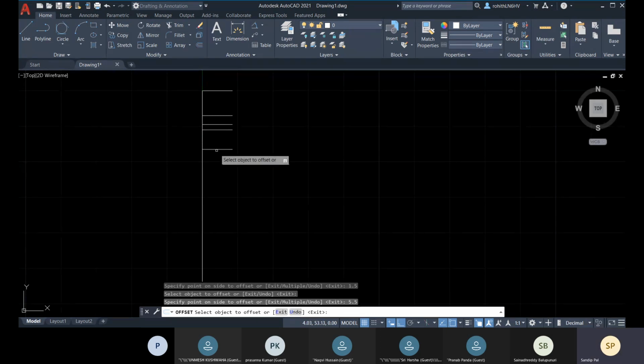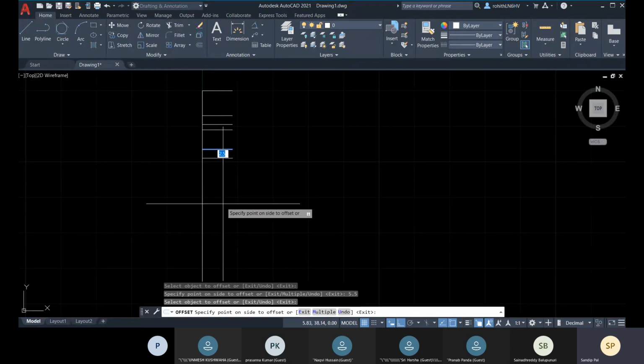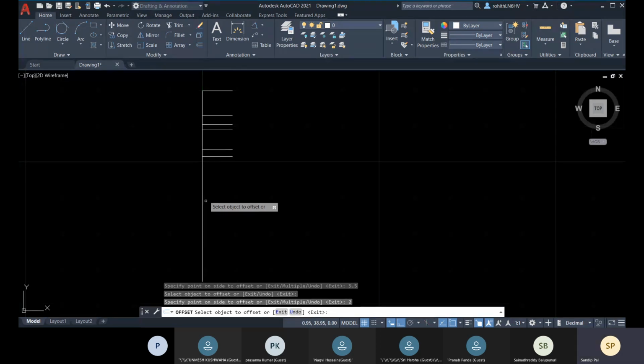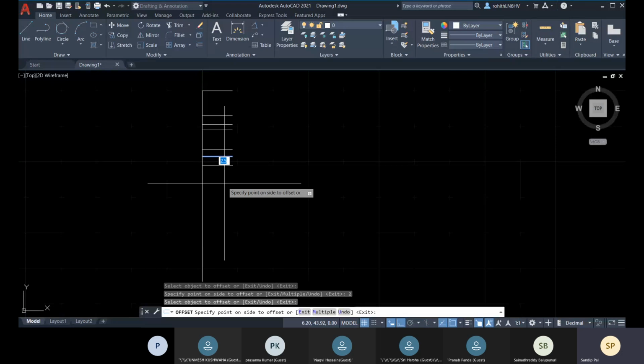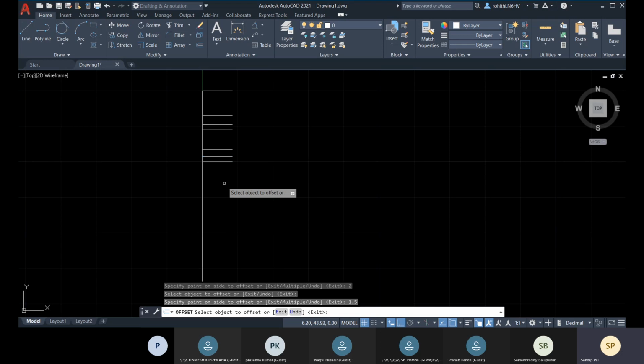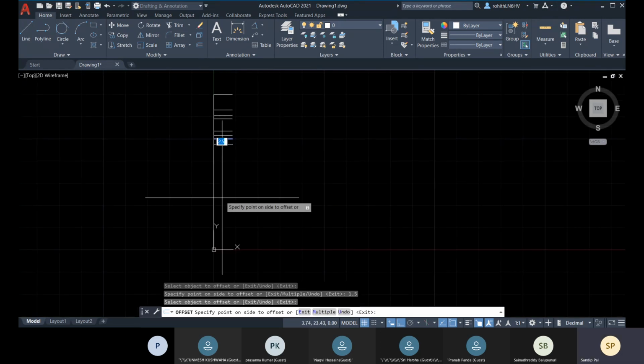All right. And again, I will select this one and place my mouse pointer to the bottom side, and then I will type the value 2 and enter. And if I don't need any different value, I can just place my mouse pointer and press enter. Okay, so I need 1.5 and enter, and select this one.